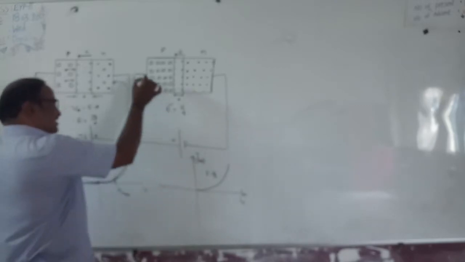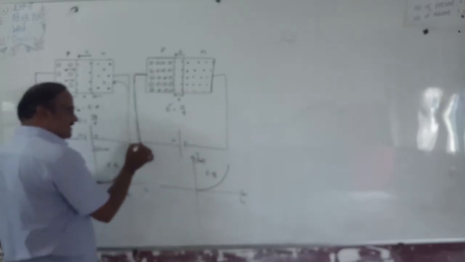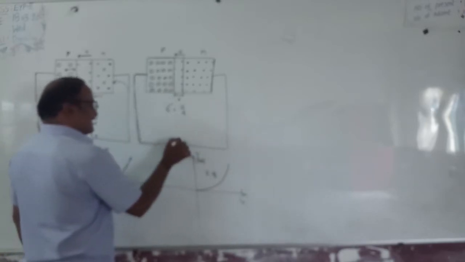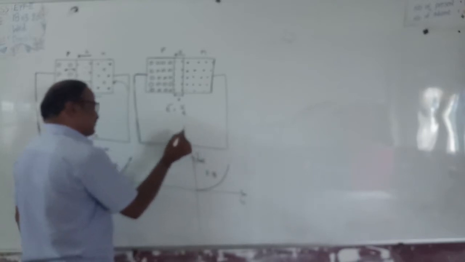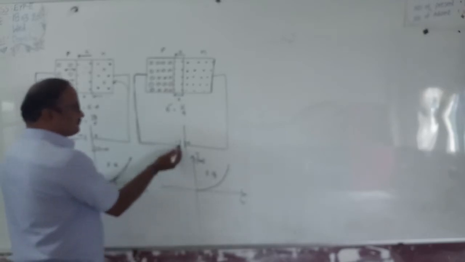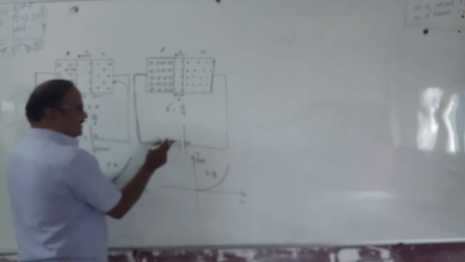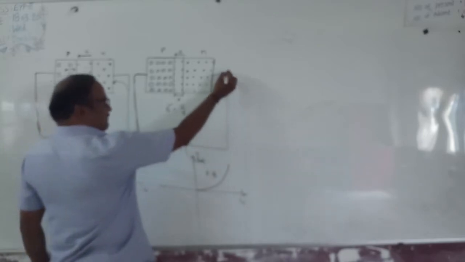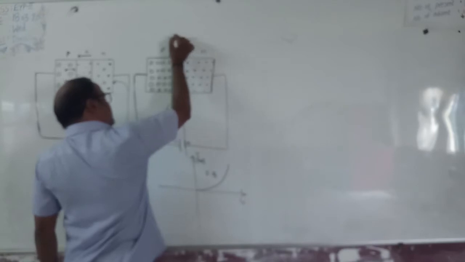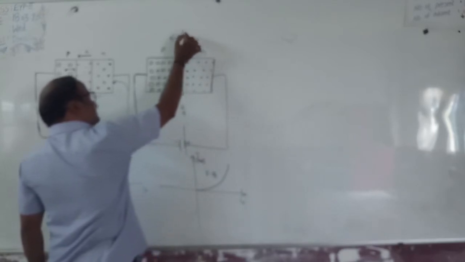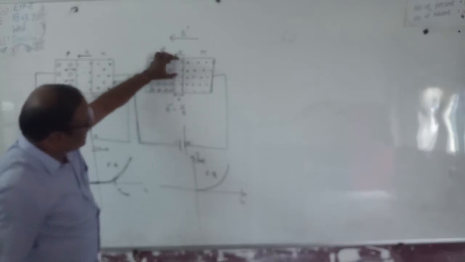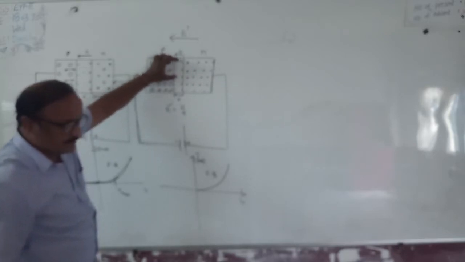In the same way, this highly doped PN junction diode is connected in reverse bias. Reverse bias means the p-type is connected to the negative and the n-type is connected to the positive polarity of the battery. What happens here? This end becomes negative polarity and this end becomes positive polarity. The applied electric field intensity E' is also along the direction of the electric field intensity generated inside the depletion layer.